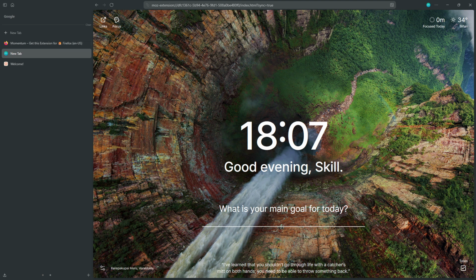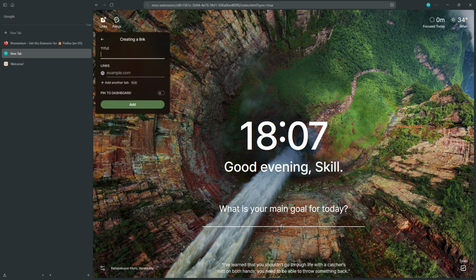Now it's time to add your quick link tiles. On most dashboards, there's a visible plus button or add shortcut option. Click it, paste or type the website URL you want to save, and give it a name if you'd like. Many extensions pull the site's icon automatically, and some let you pick a custom image. Repeat this for all the sites you visit most frequently: email, work tools, news, or streaming, so everything is one